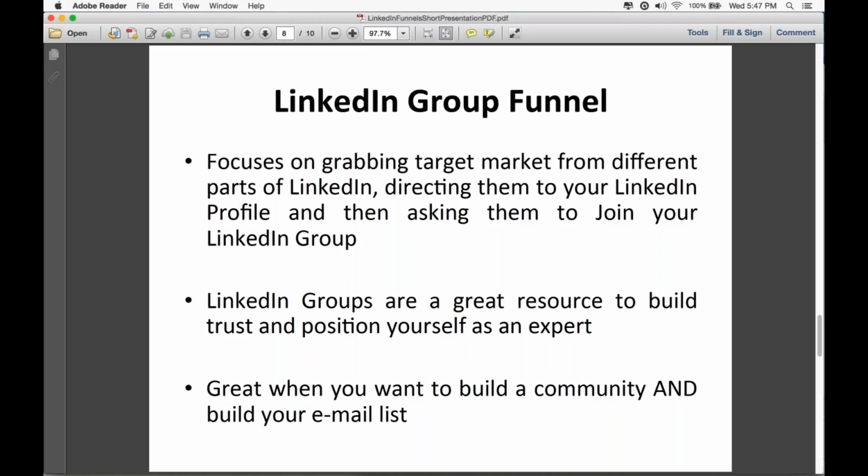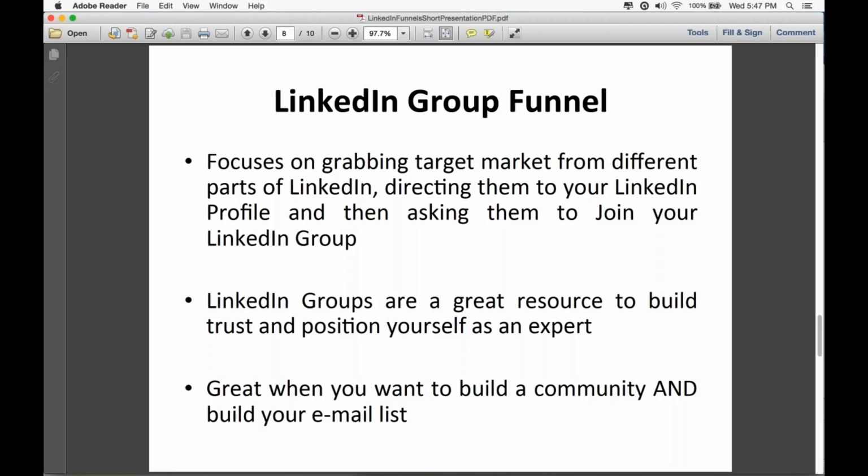If you want to, for example, build your email list, I think that the LinkedIn group funnel is the best thing. And probably Sebastian can clarify this as well and kind of confirm. And secondly, the group funnel is also awesome for building trust and likability, because remember, people are going to buy things from you if they like you and trust you, if they think that you know what you're talking about. Also, when you have a LinkedIn group,